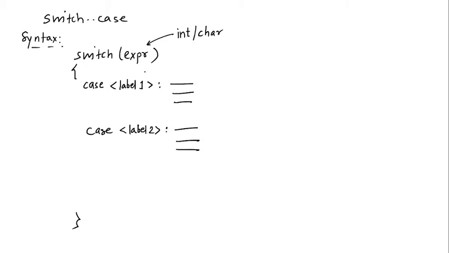So what I'm trying to tell you is, suppose there are, let's say, 10 cases. Label 1 doesn't match, case 2 also doesn't match, case 3 matches. So it's going to directly jump to case 3. There's no problem with case 1 and case 2. But after case 3, it'll execute all of them, 4, 5, 6, 7 up to the last, because it falls through.